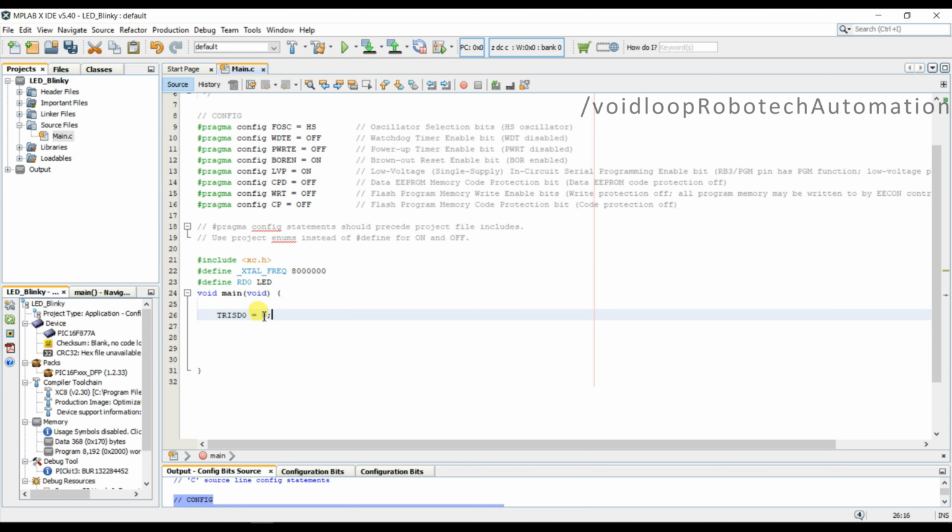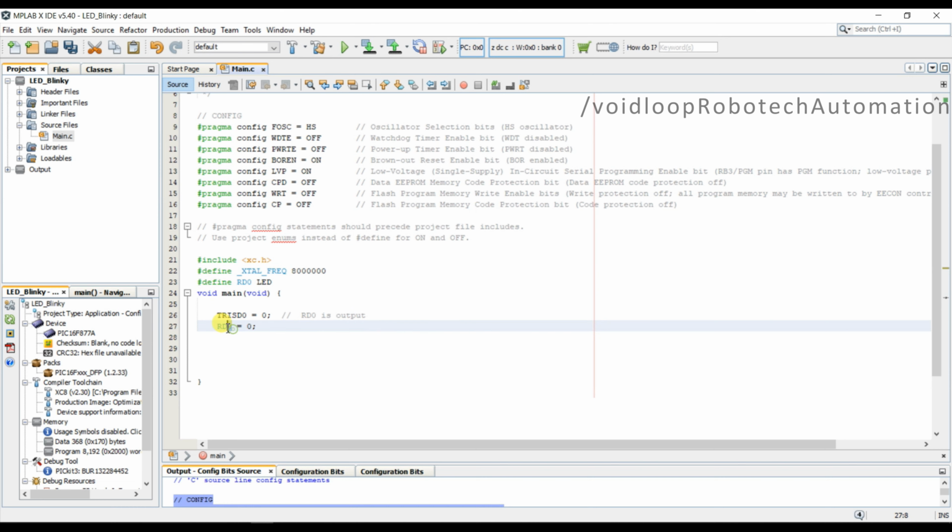If it is 0, it means output. If it is 1, it means this pin is input. I will comment this: RD0 is output. Okay, and by default I will set 0 this pin, so RD0 equal to 0.